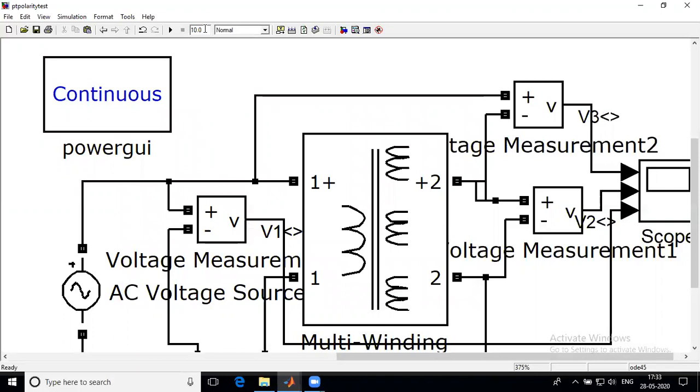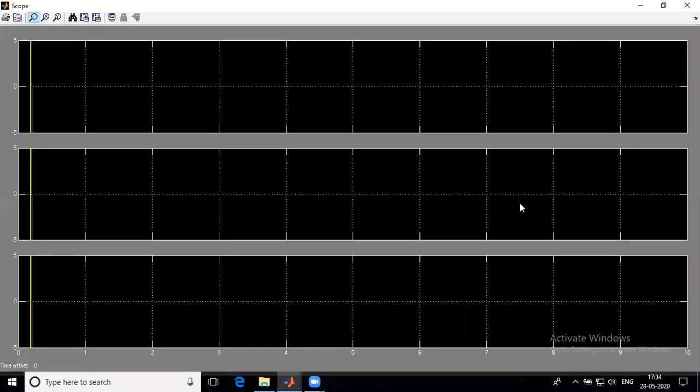And see on the top of this page, there are several options. There is one option that is the simulation stop time. That one is given as 10 seconds by default, which is very large for this type of circuit. We want to change it. Suppose we are giving it as 0.2 second. Again, save it, start the simulation and observe what we are getting.